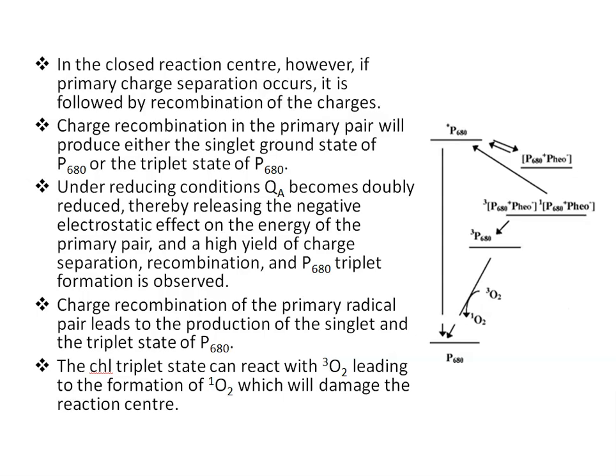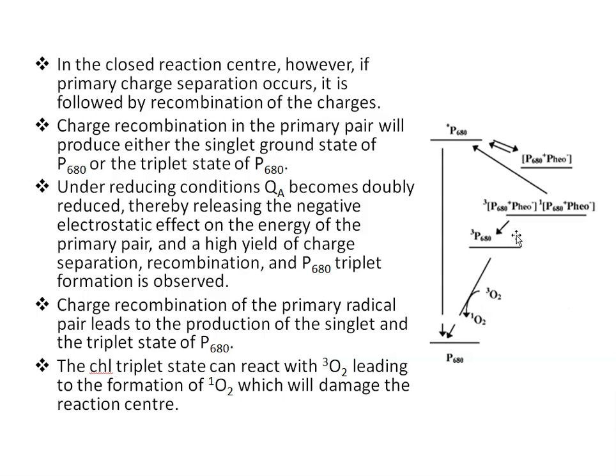Now, in the closed reaction center, however, if primary charge separation occurs, it is followed by recombination of the charges. So charge recombination in the primary pair will produce either the singlet state, ground state of P680, or triplet state of P680. Under reducing conditions,